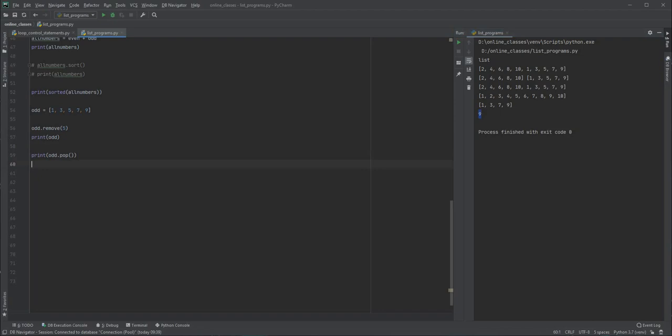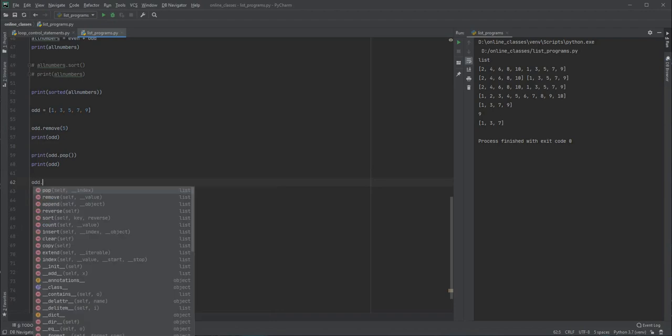Then after using the pop function, let us print the value of odd numbers one more time. Let's see what happens. See guys, our odd numbers are left with only 1, 3 and 7. But since we have removed the 5 and 9, we can also insert using the insert function.